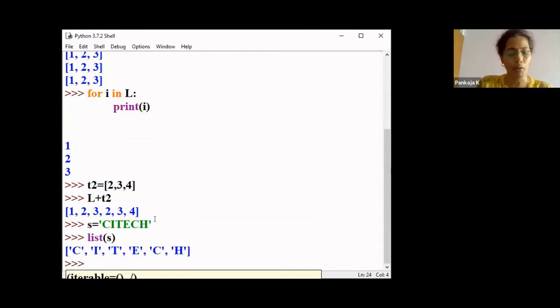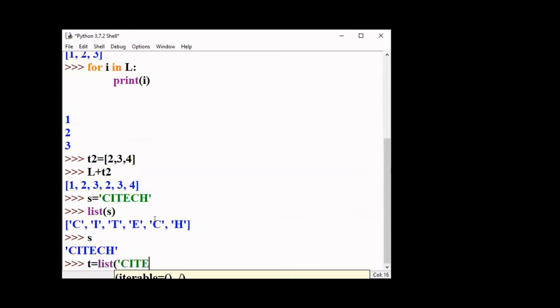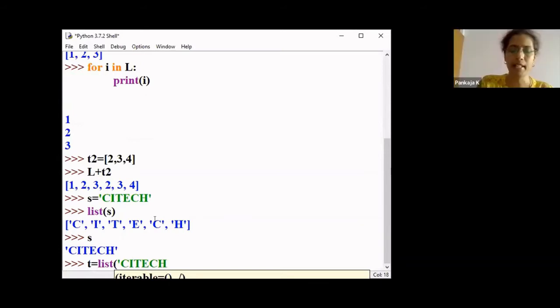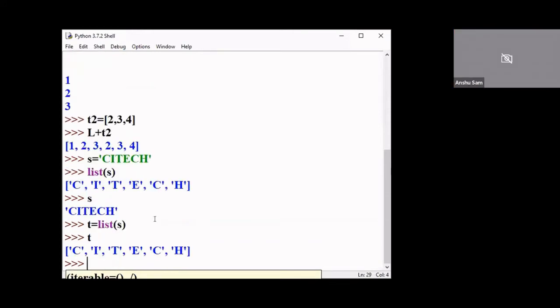Is that clear? Now, if I print S again, we have only CI Tech. But if I want to convert that and store it, then I have to store this in some variable. I'll say T equal to list of S. Now I can have the stored value, where I'm converting a string to a list, right?